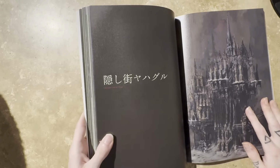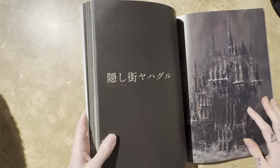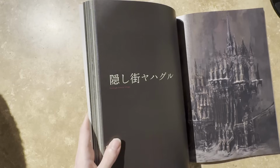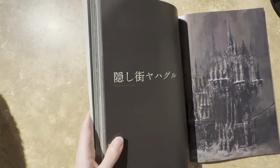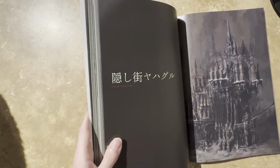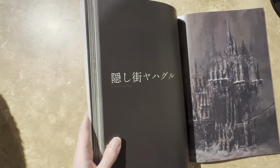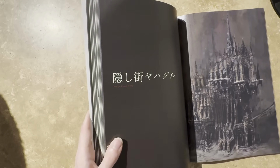So our next location is Yahargul, the Unseen Village. You can actually enter this area fairly easy. I believe it's after you defeat Vicar Amelia. If you exit through the front door of the Chapel of Odin, which is essentially the hub in Cathedral Ward, directly to your right is a man,